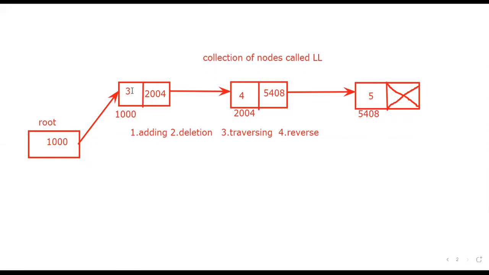Here you'll see 3 is there. For example, if I want to add another value in between 3 and 4, or if we want to add a node at the starting, that is possible. And another one, if I want to add a node, or insert a node, or append a node, appending, inserting, adding, both are common. Different programmers may use different terminology, but the meaning is the same.